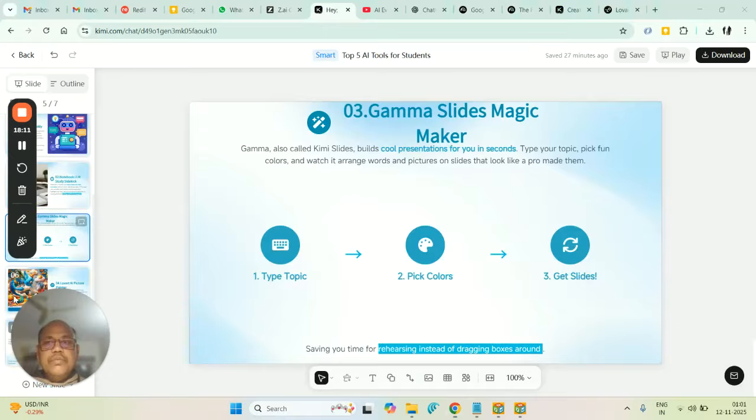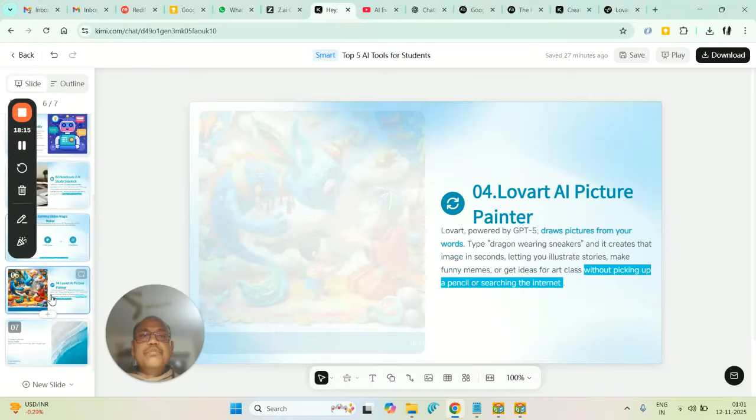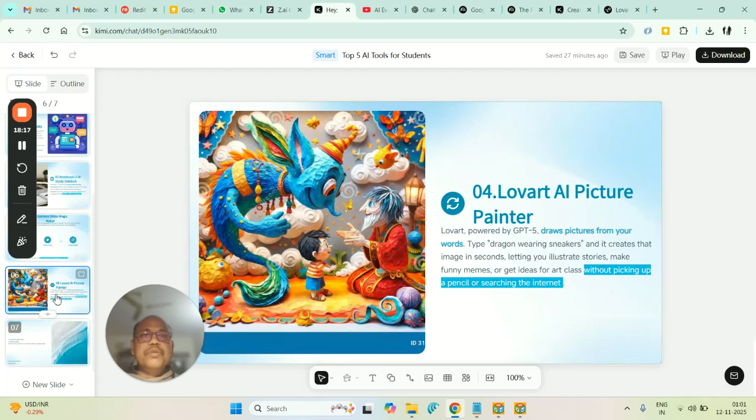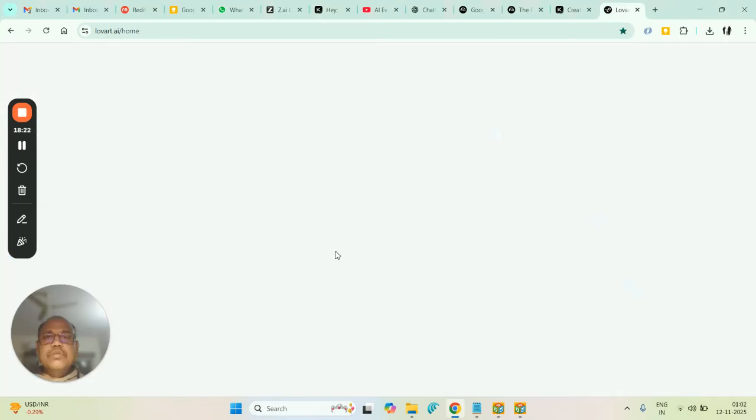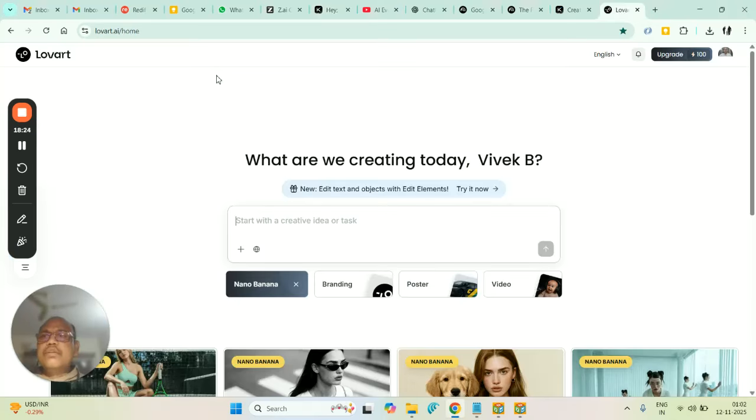What we're doing now, suppose for example you have to make some images for your presentation. There is a tool called Labat. This also again uses GPT-5. This is also again a very simple tool. You can come here. I will give the link in the description, and you can just come and type the text. Create